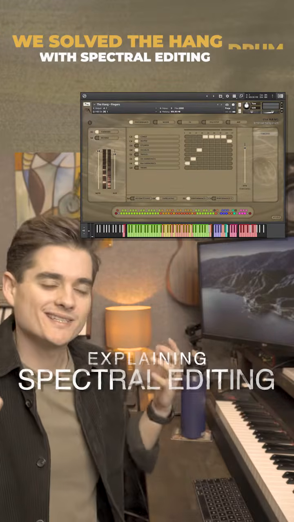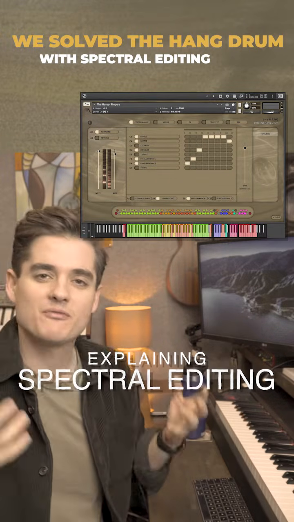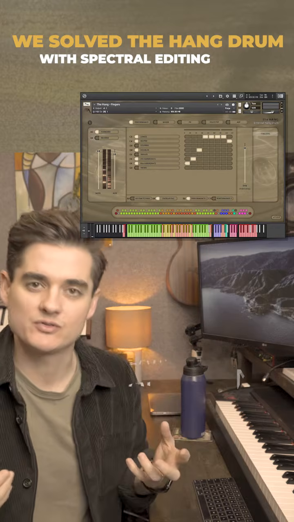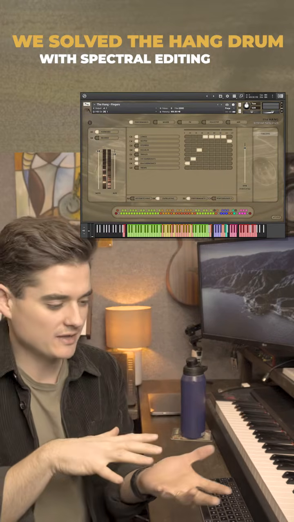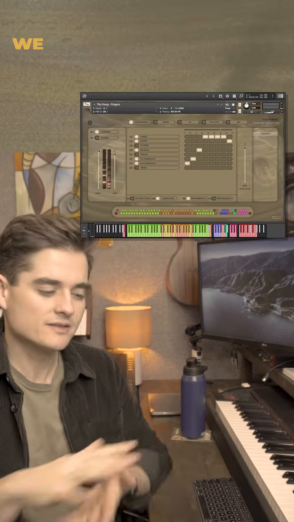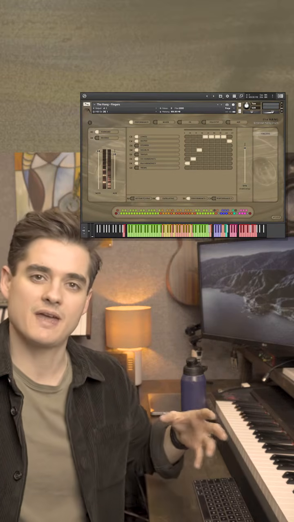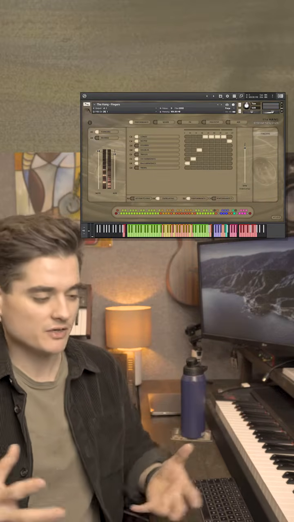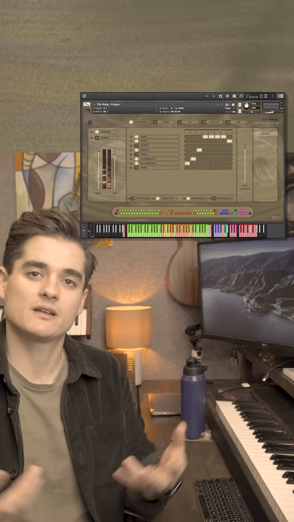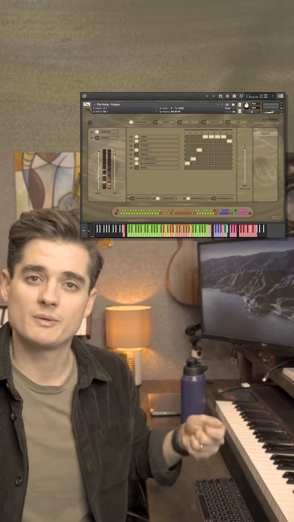With this library, we set out to solve the problem of sampling hang drums. They're an instrument that is notoriously bad for sampling because there is an underlying sympathetic frequency that happens with the hang drum. The entire instrument resonates with every note you strike. So you have a very defined and specific tonal signature to the sound of the drum itself, but of course